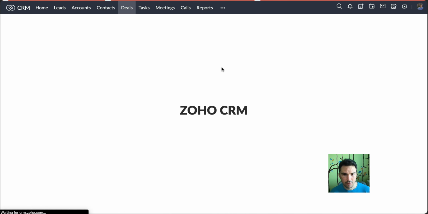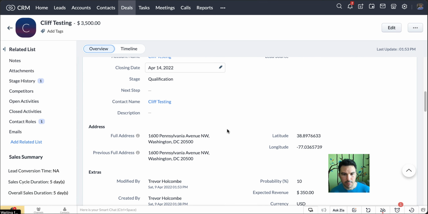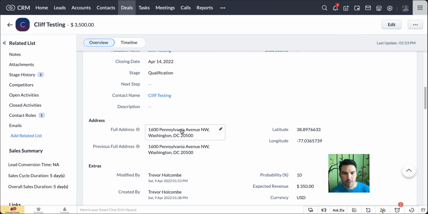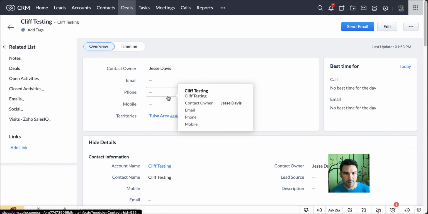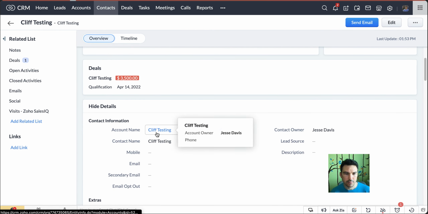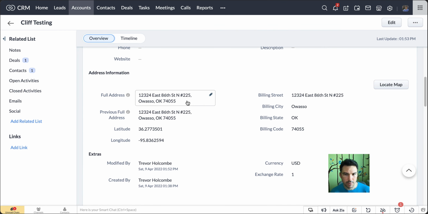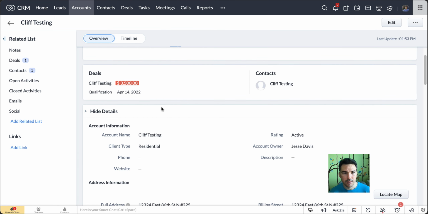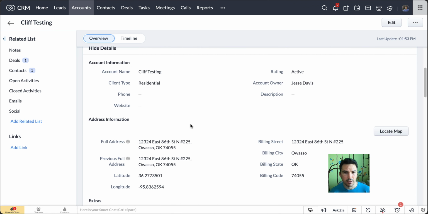Did it work? Yes, it worked. Okay. Now, if I go to this account, notice it's got the address. So the old address. So the deal can have a separate address. That can be pros and cons because maybe this is the company address and they've got 3 different properties that they want deals on. If you want the accounts and deals address to be in sync, then maybe